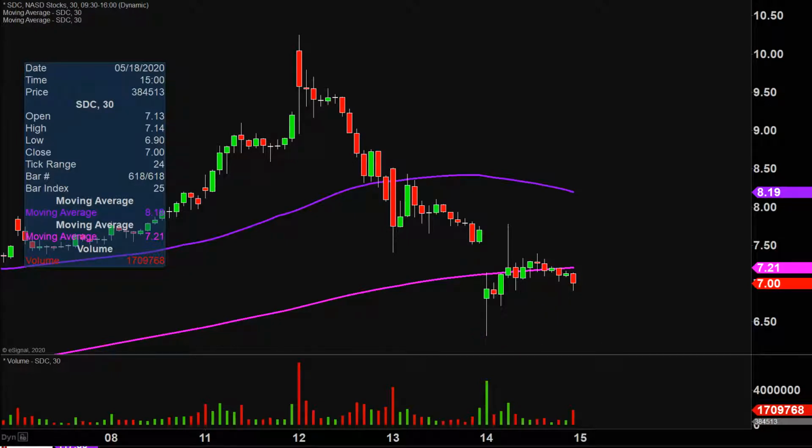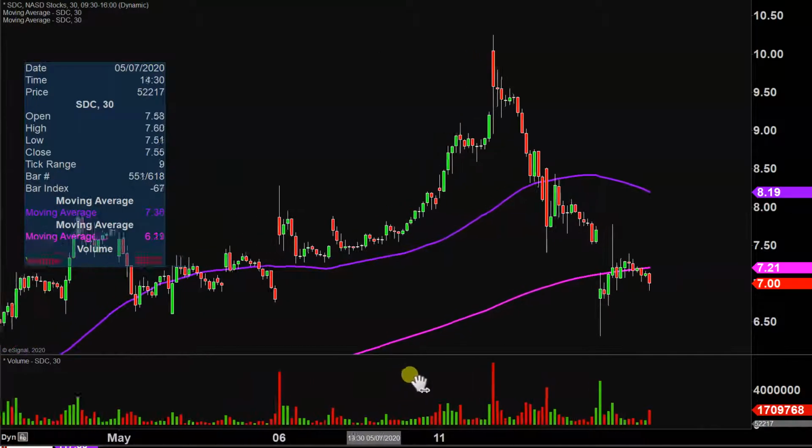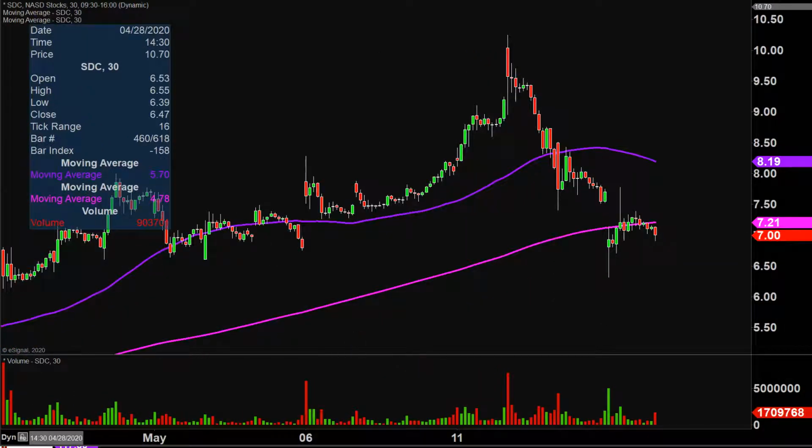But that does bring about the valid question now of, is there any sort of true power behind this bounce? You know, is there any sort of genuine strength, or is this just some sort of knee-jerk reaction, dead cat bounce type move? I have no idea, but by using charts, we can make answering that question very straightforward. And in my mind, it all revolves around a single area, and I want to offer up a little bit more context here. But this important area of support